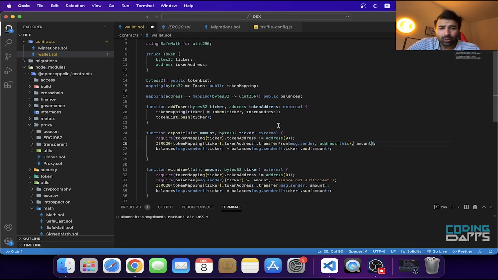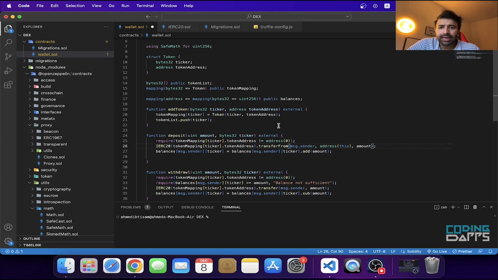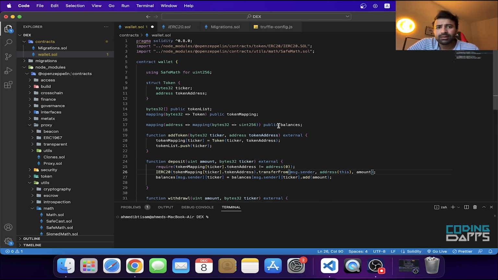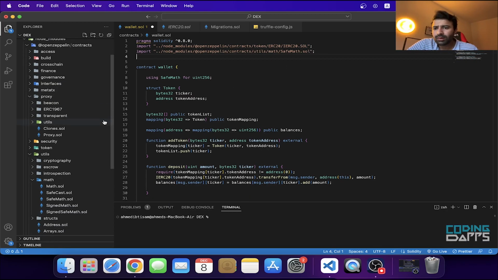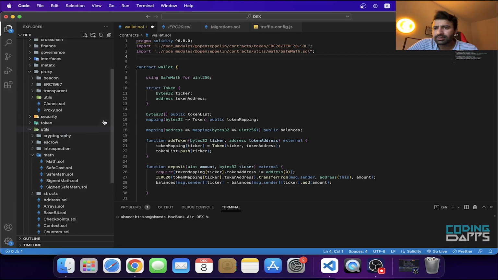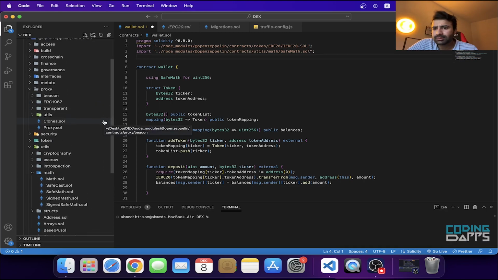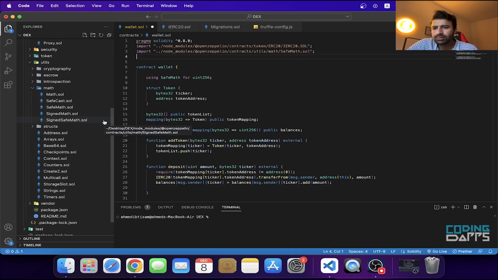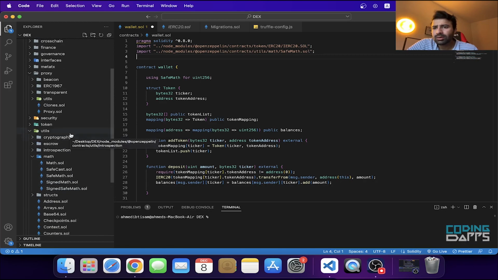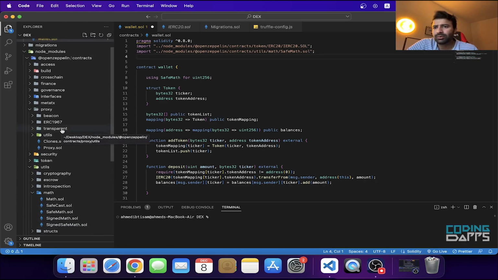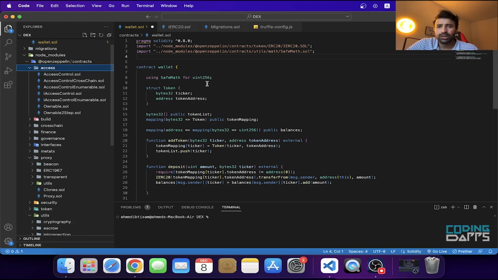Okay, and now let's add the Ownable contract, because we want to use the onlyOwner modifier. And where is the Ownable contract? I think it's in the access folder, but where is the access folder? Let's just see. Yeah, here it is at the top. So we have to copy this line of code, and